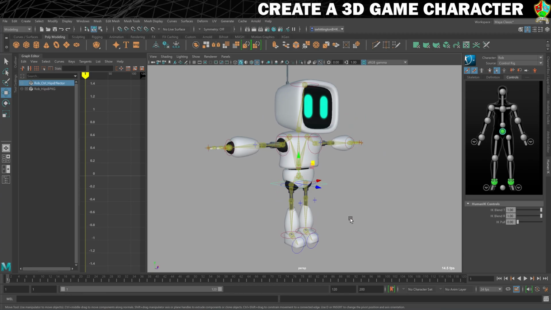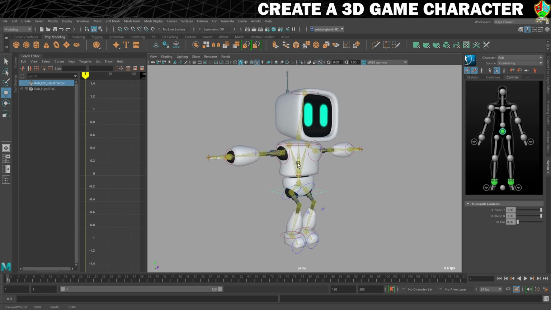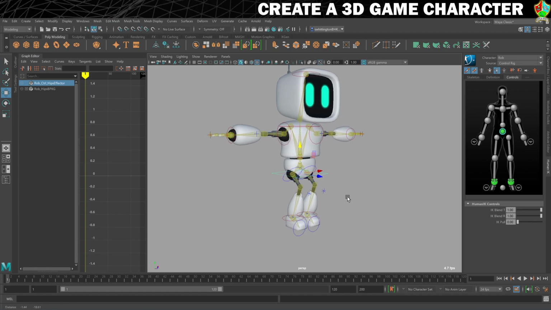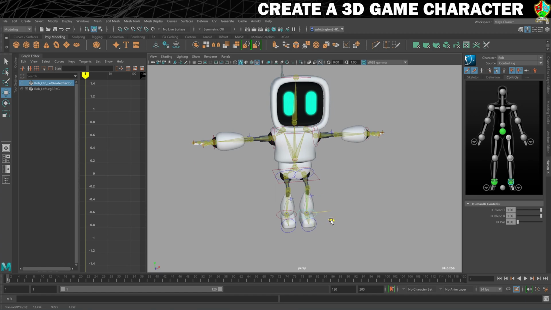So I'm going to start by getting the hips controller. And you'll notice I do a lot of selecting with this marquee selection and just nip the edge of what I want. I find that's a little more accurate for me. So we're just going to drop his knees down. I'll probably raise that back up a little bit later, but just to give me room to move his legs, we're going to drop his waist down a little bit. And then what I want to do is I'm just going to bring this foot forward and out a little bit